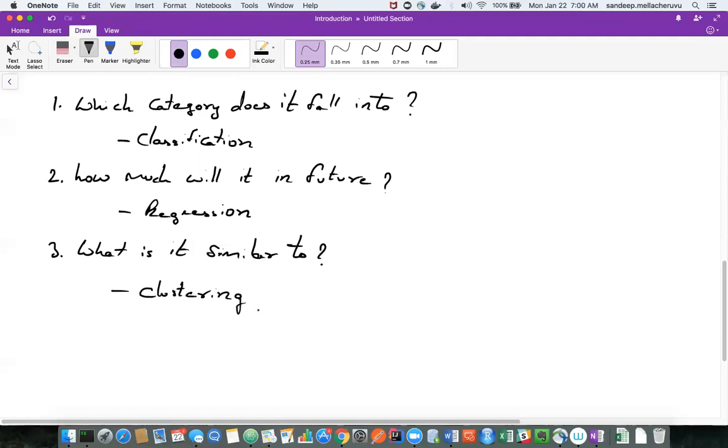Okay, so these are the three different major algorithms that you are going to look at. For example, classification, you are going to look at multiple different machine learning techniques. Regression is a topic by itself. You are going to learn it for, let's say, 30 or 40 hours roughly.